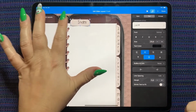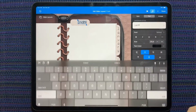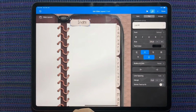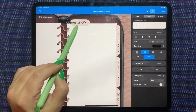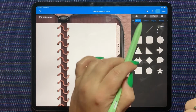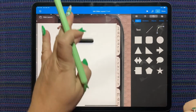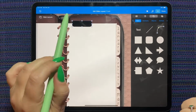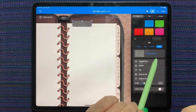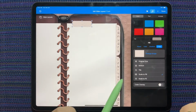It says it's centered. That is very much not centered. Why does that think it's centered? Oh, there's like a weird green dot here. All right, you know what? We'll just make a new one from scratch. So we grab another square, we'll shrink it down, drag it there. We'll go to the paintbrush, fill, image, change image, insert from, grab our tab color,